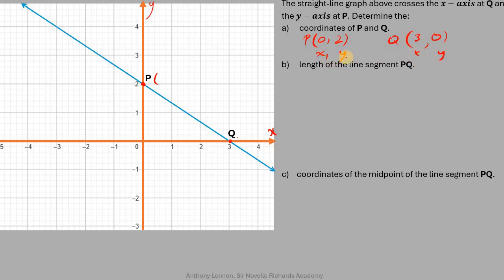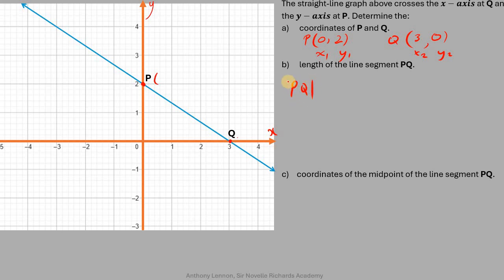Let's call this x1, y1, indicating the first point P, or the first x-coordinate and first y-coordinate. Now for the point Q, we have the second x-coordinate and the second y-coordinate. To differentiate between the first and the second, we use 1s and 2s. If you want to find the length of the line segment PQ,